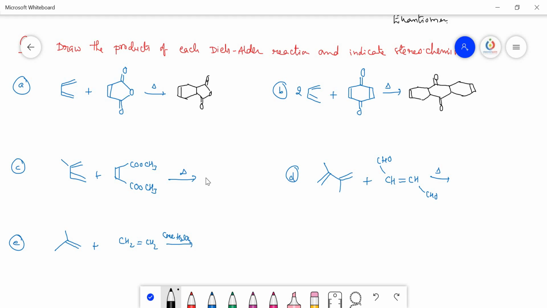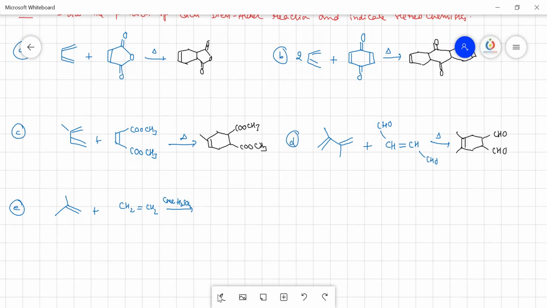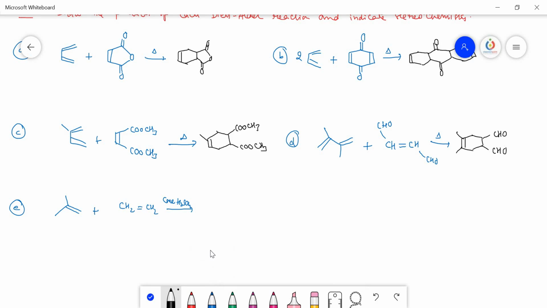In this case, it can easily be predicted. And this is the trans one, but open chain, so that possibility is there. And the last molecule to be discussed is